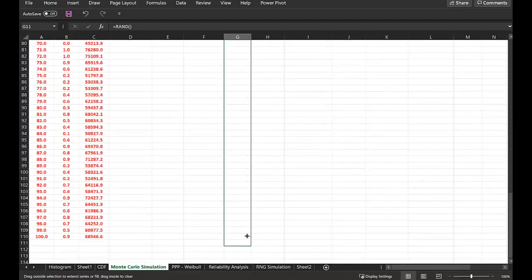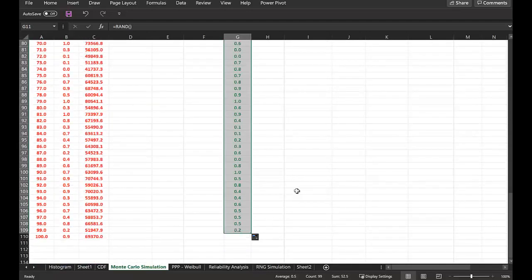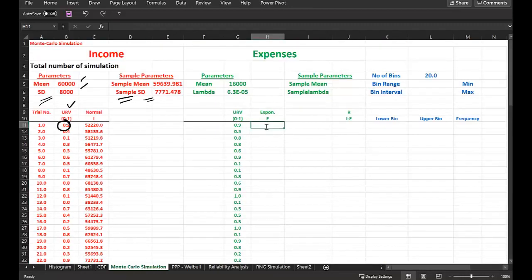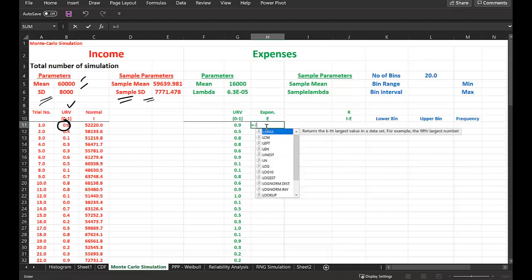So this will give me 100 samples of random numbers. Now as we derived, this formula is the inverse. This is minus of log, so we have to use the natural logarithm, so in this case this value, and then we have to press tab, and this asks me for a number, so the number is this,